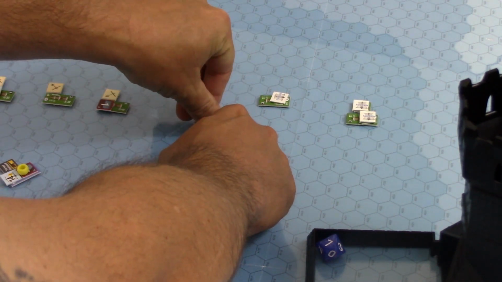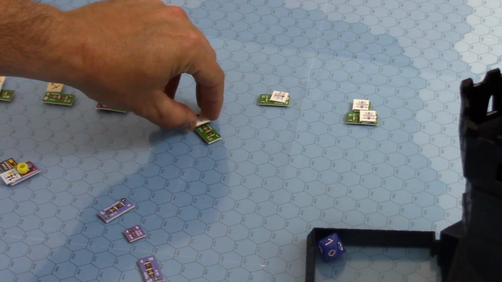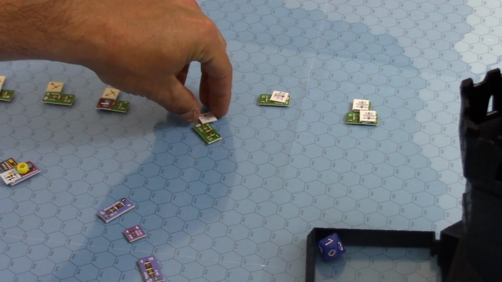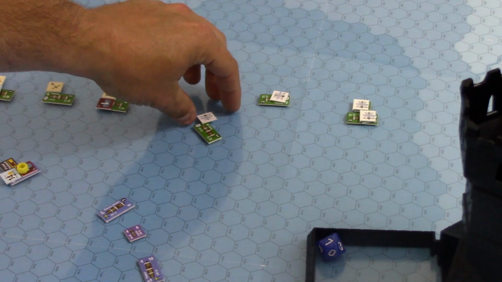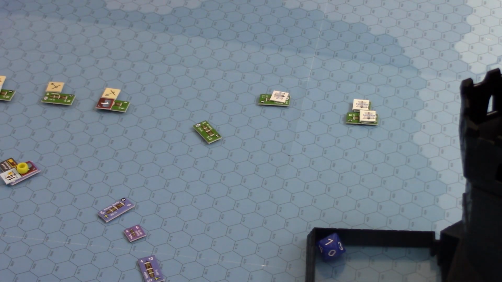This guy is going to go there. And he is going to be dropping full sails, but he gets to drop them when he's done moving. Not at the beginning, at the end of your move, you can raise or lower full sails. So he is dropping full sails, but